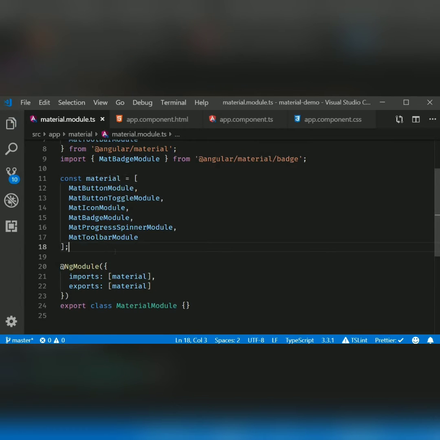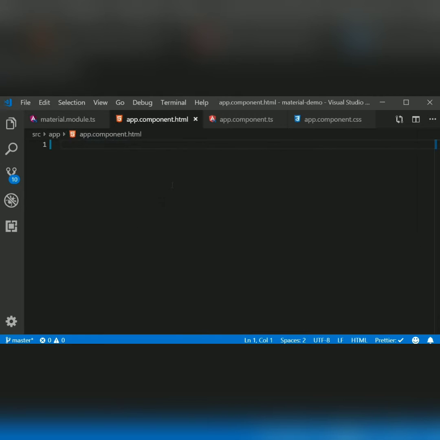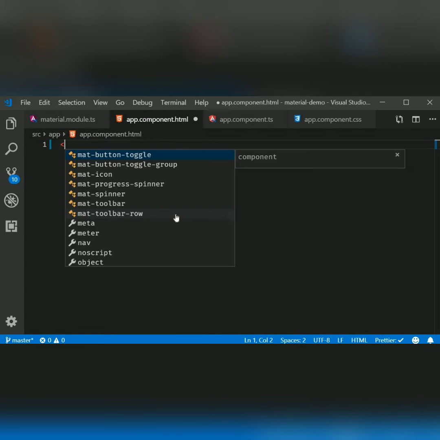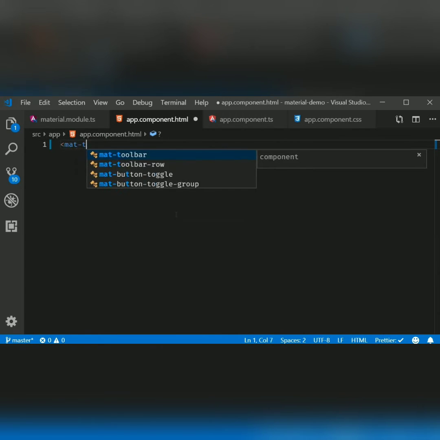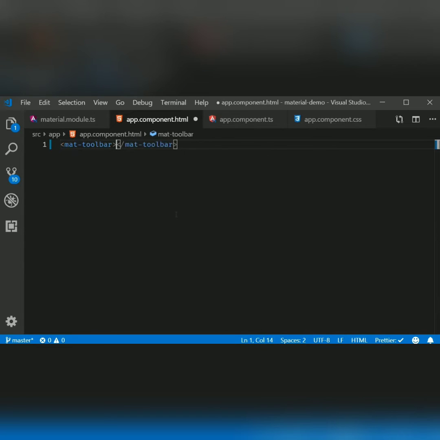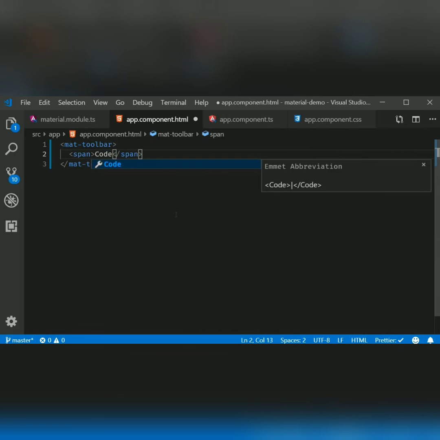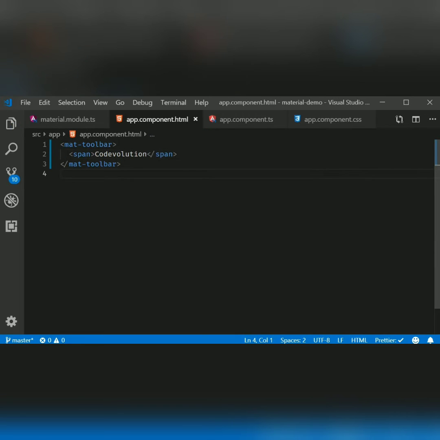Alright, now that we have imported the module, we can use the component in the HTML. So in app.component.html, the component is mat-toolbar. Within the toolbar, I'm going to add a span tag that says Code Evolution. If you now save this and take a look at the browser, you should be able to see a basic